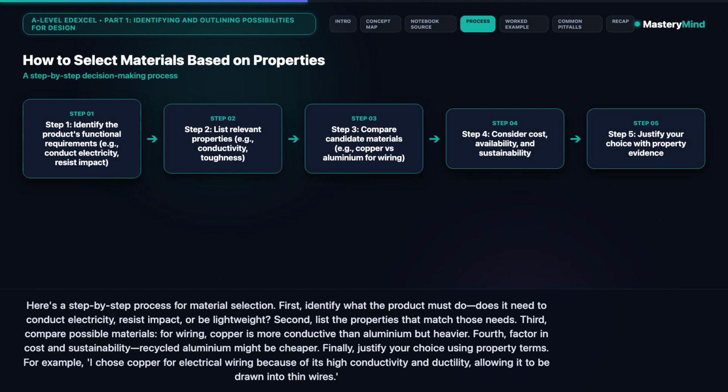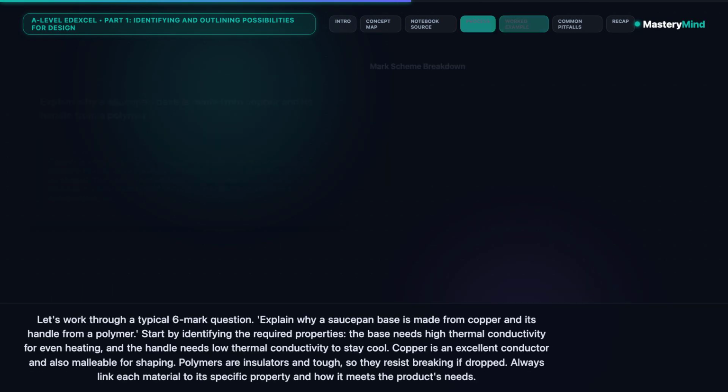Here's a step-by-step process for material selection. First, identify what the product must do. Does it need to conduct electricity, resist impact, or be lightweight? Second, list the properties that match those needs. Third, compare possible materials. For wiring, copper is more conductive than aluminium but heavier. Fourth, factor in cost and sustainability. Recycled aluminium might be cheaper. Finally, justify your choice using property terms. For example, I chose copper for electrical wiring because of its high conductivity and ductility, allowing it to be drawn